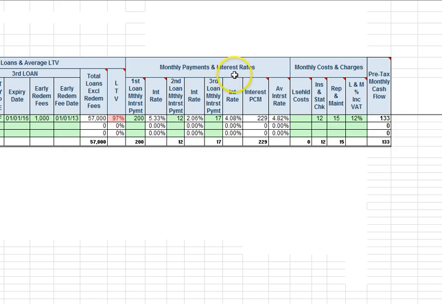And here we have the monthly payments and interest rates. Now, the sum you enter into this first loan monthly interest payment is the interest only. If you have a repayment mortgage, you must split the interest out and put the interest only in. It auto-calcs the interest rate. We then have the second loan monthly payment, in this case £12, and it auto-calcs the interest rate, and the third loan. So the total interest payments in this example are £229, an average interest rate across all three loans